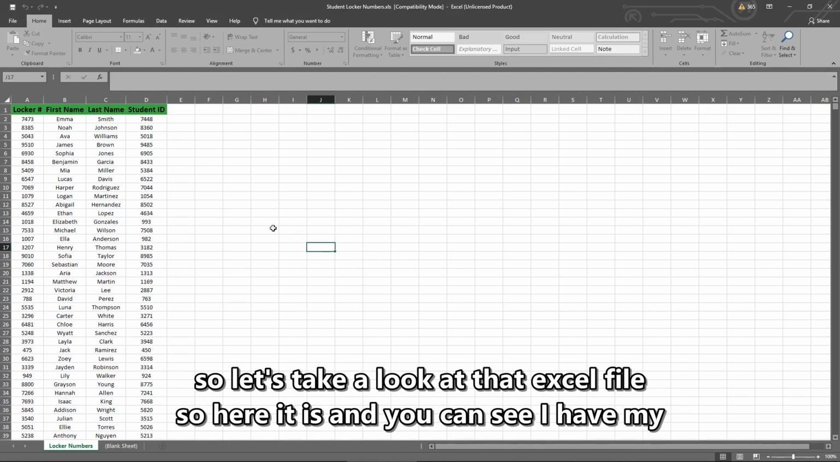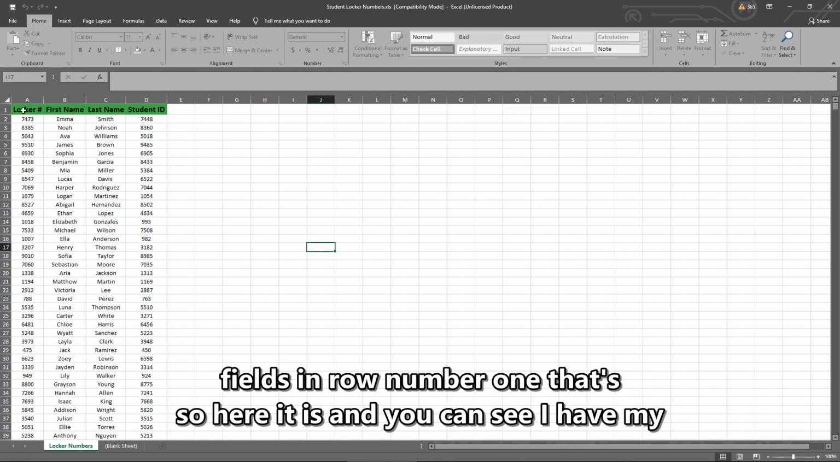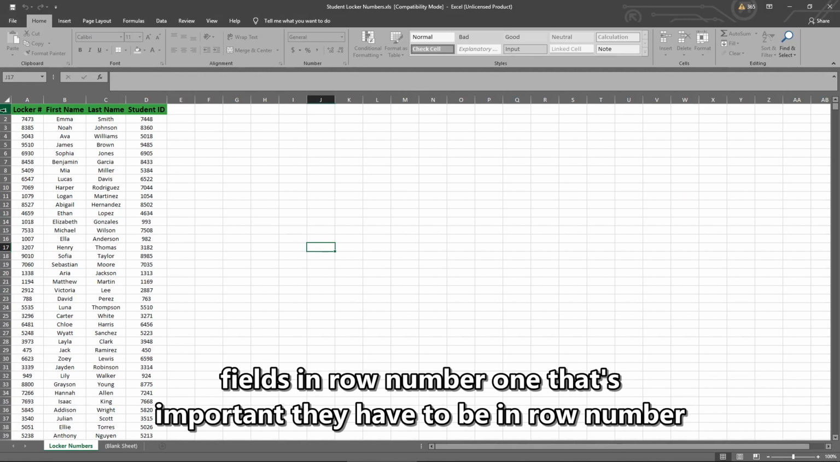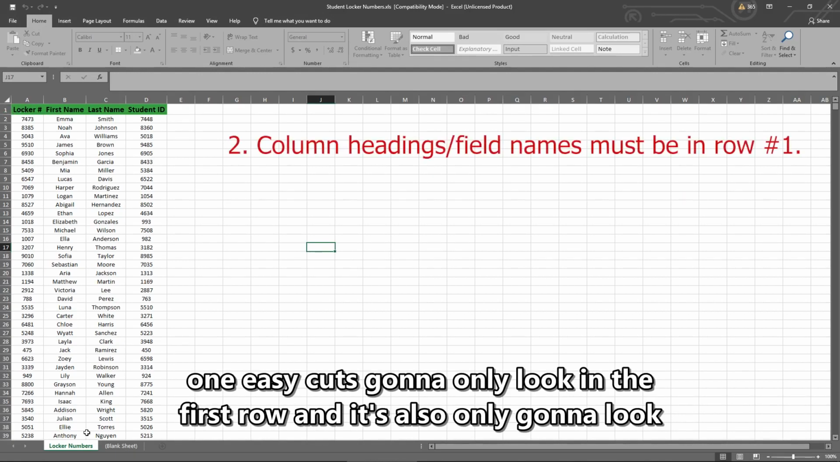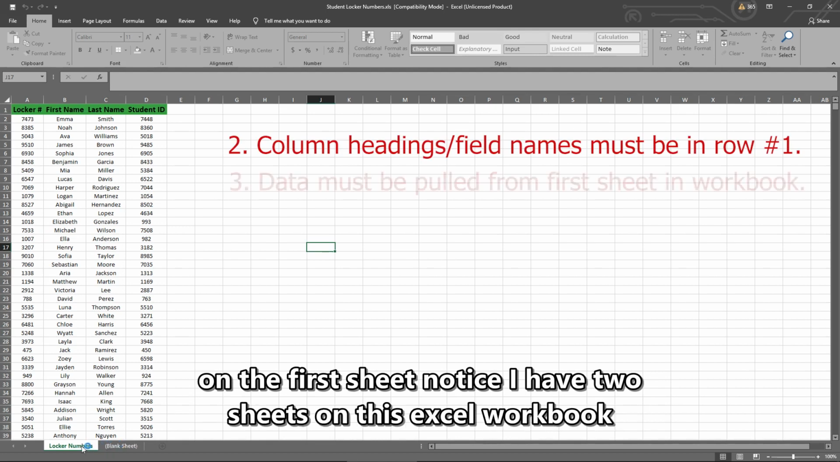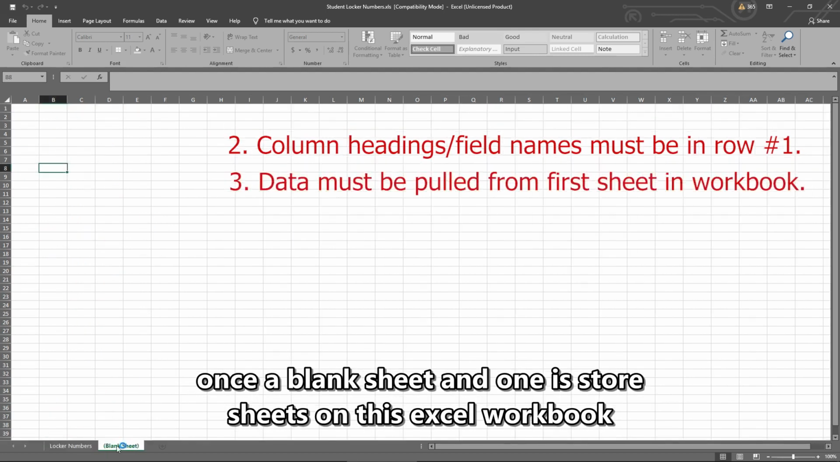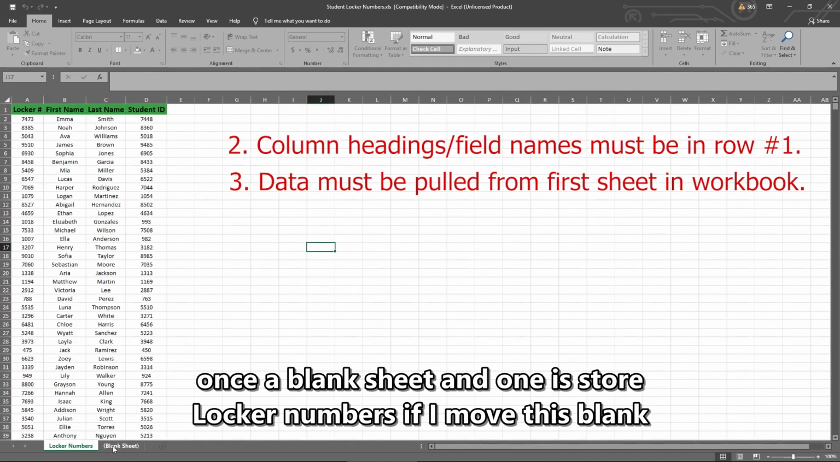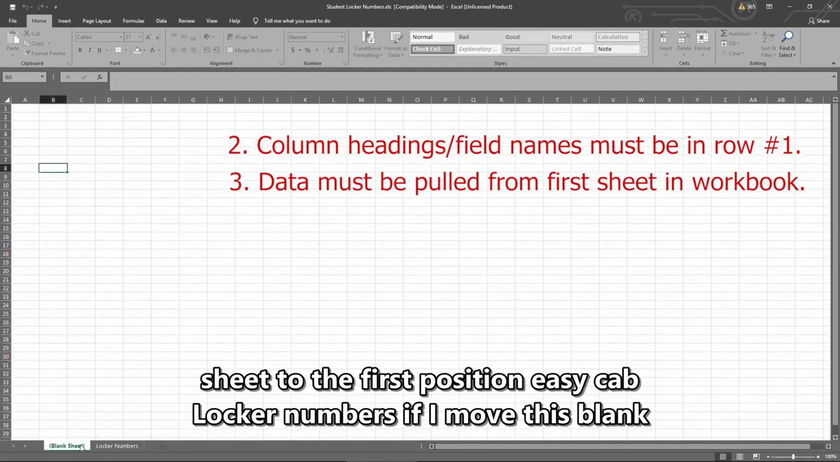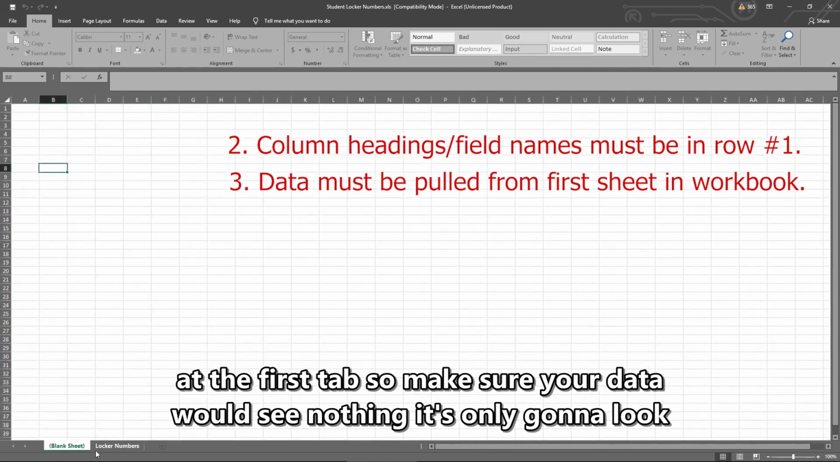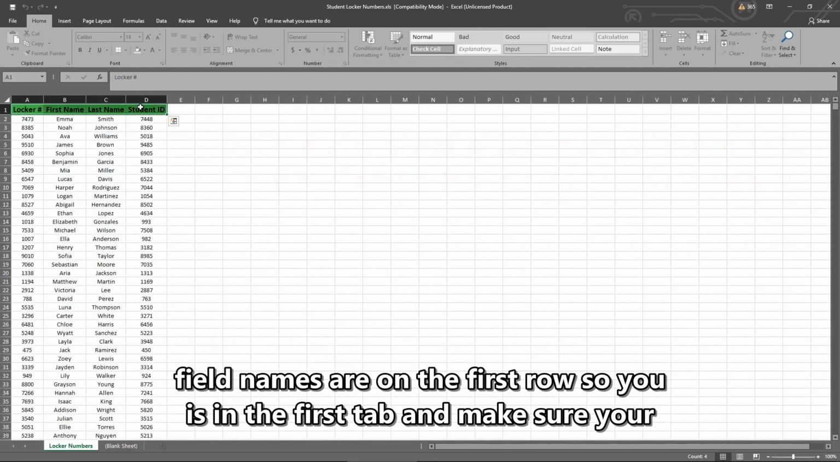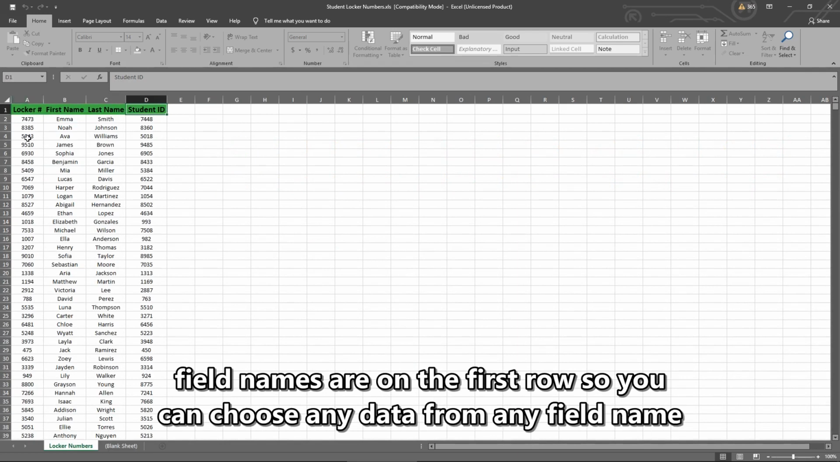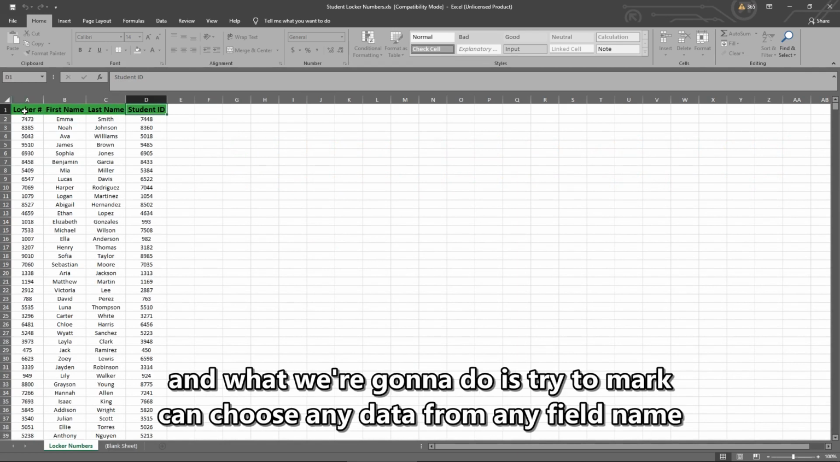So here it is, and you can see I have my fields in row number 1. That's important. They have to be in row number 1. EZCAD's going to only look in the first row, and it's also only going to look on the first sheet. Notice I have 2 sheets on this Excel workbook. One's a blank sheet and one is for locker numbers. If I move this blank sheet to the first position, EZCAD would see nothing. It's only going to look at the first tab. So make sure your data is in the first tab, and make sure your field names are in the first row. So you can choose any data from any field name,